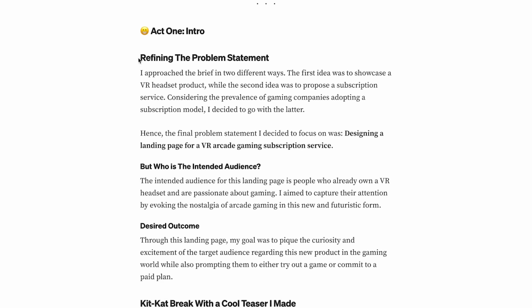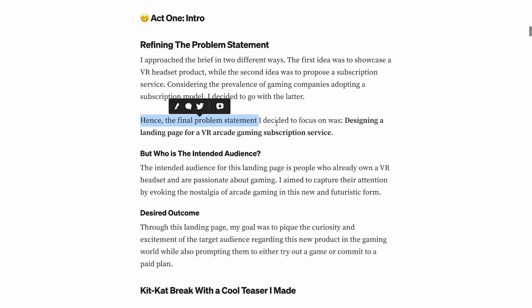Okay. So, refining the problem statement. Interesting. I approached the brief in two ways. The first idea was to showcase a VR headset product. While the second idea was to propose a subscription service. Considering the prevalence of gaming companies adopting a subscription model, I decided to go with the latter. So hence the final statement I decided to focus on was designing a landing page for a VR gaming subscription